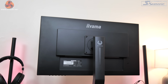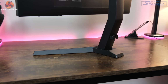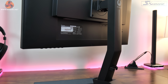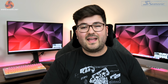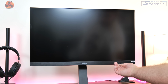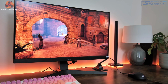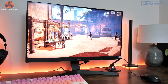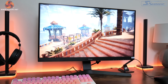The GB2770QSU is made entirely from plastic though, and that includes this V-shaped stand. Usually on most monitors we'd expect a plastic body but a metal stand. Here everything is entirely plastic. Now I definitely wouldn't say it feels poorly put together, but it is overall quite light and just doesn't feel as premium as a more expensive monitor, as demonstrated here by the amount of wobble you see when pressing the various OSD functions. Of course, once you've got your monitor set up, you're unlikely to be touching it that much anyway, so it's not really a big deal. But again, compared to a more premium monitor, you can tell that this isn't the most expensive